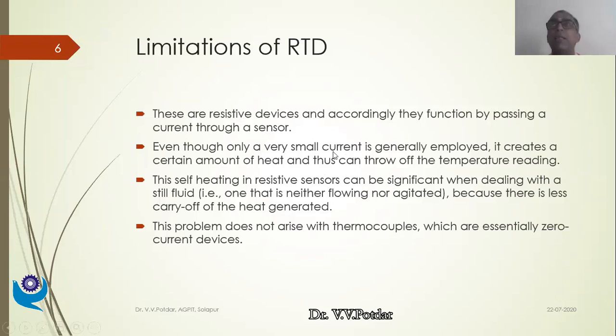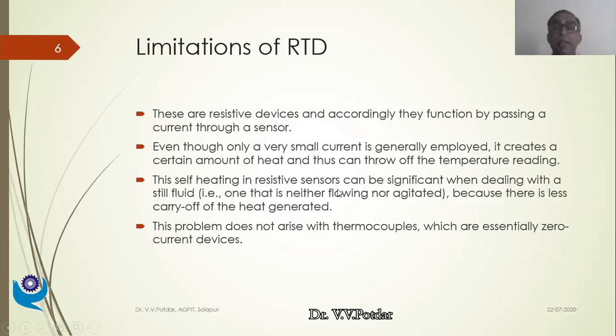So what this statement means is that even if the RTD wire is not subjected to temperature, as the current is flowing through the conducting wire, on its own it will start heating up. And because of its own self-heating, its resistance might change. This is the meaning. So this is a small limitation. Of course, there are compensation circuitries which can take care of these small leakage currents or small variations in the resistances because of heating of the conducting wire.